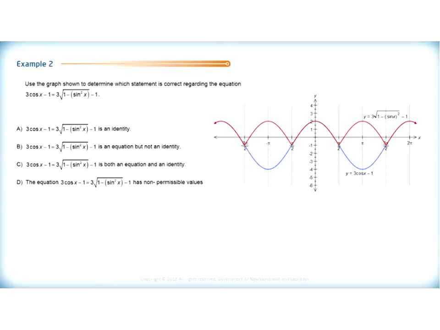Use the graph shown to determine which statement is correct regarding the equation 3 cosine x subtract 1 equals 3 times the square root of 1 minus sine squared x subtract 1. If you look over here on your right-hand side, I've graphed both again. Here's the graph in red of the right side of the equation, and in blue is the left side of